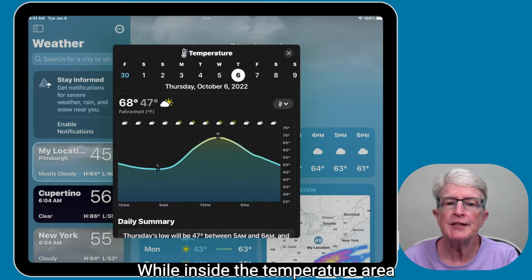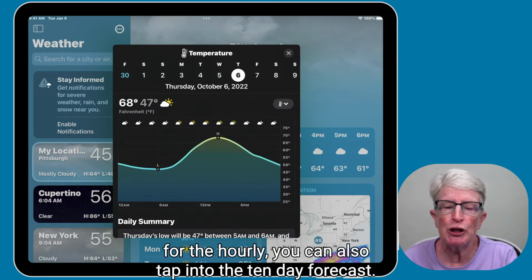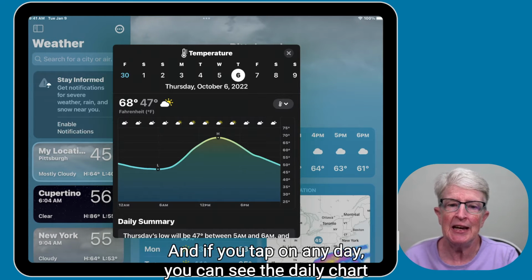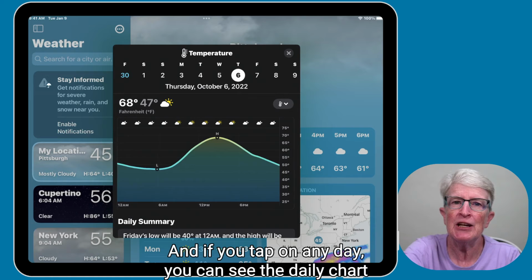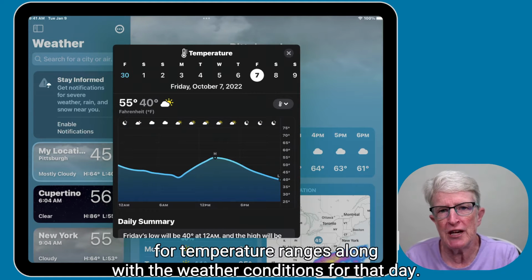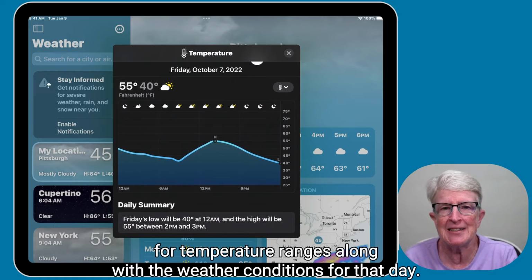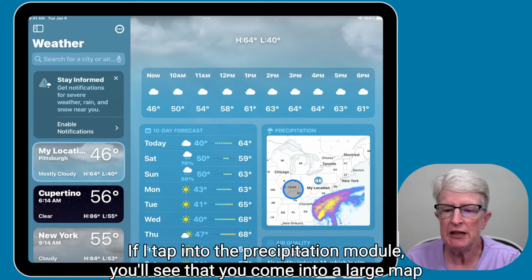While inside the temperature area for the hourly, you can also tap into the 10-day forecast. And if you tap on any day, you can see the daily chart for temperature ranges along with the weather conditions for that day. If I tap into the precipitation module,